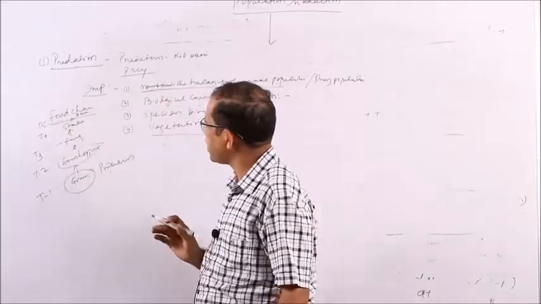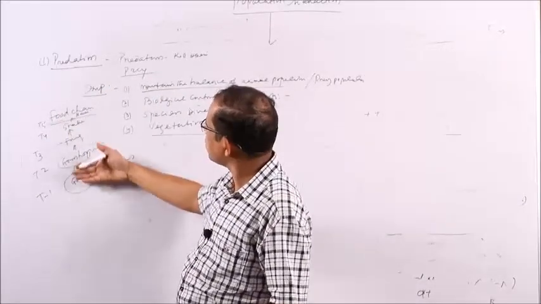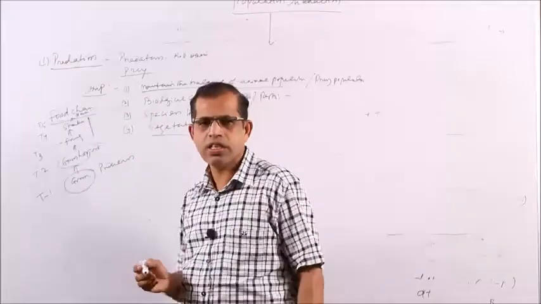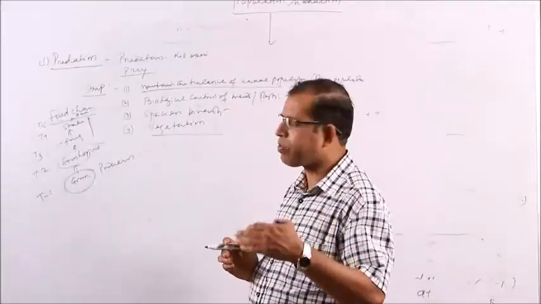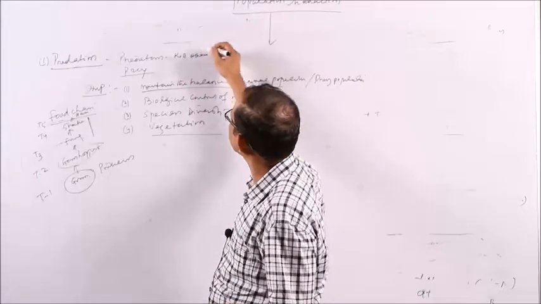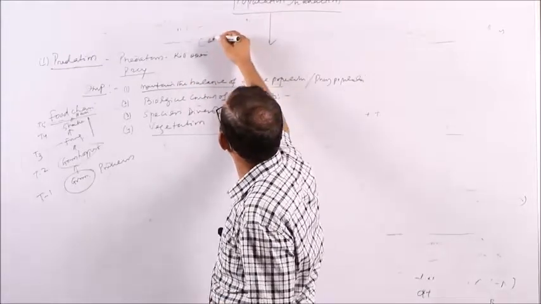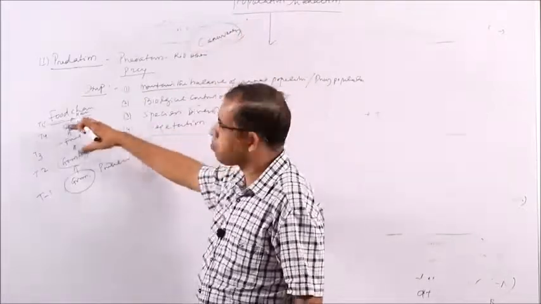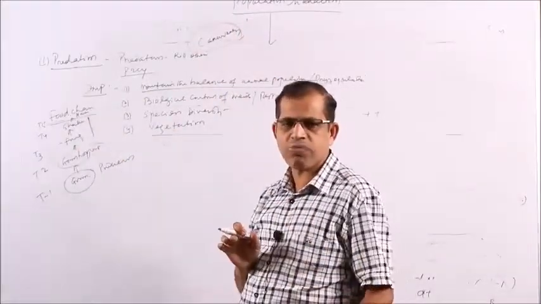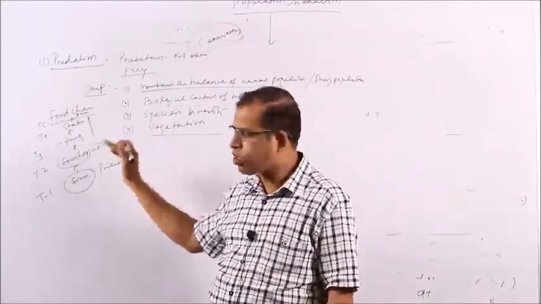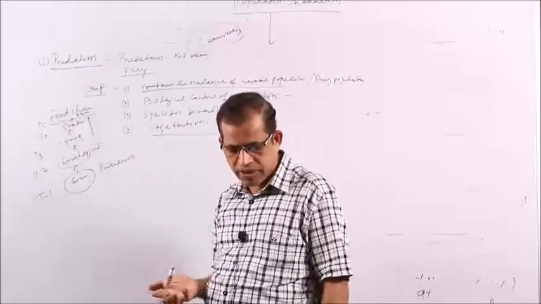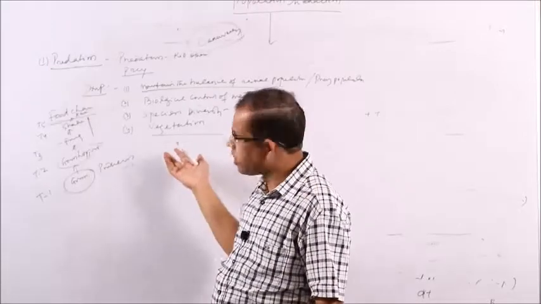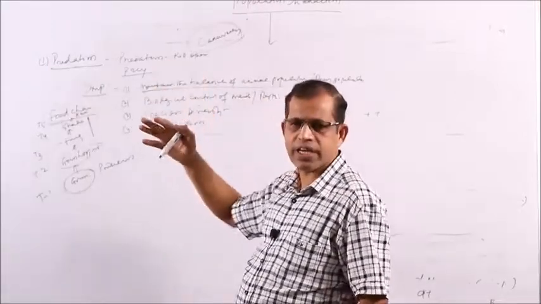So what you are finding, the carnivores are particularly in the higher trophic levels, they are the top level of the trophic levels. Most of the predators are carnivores. So they play the major role in trophic levels 3 and 4, you will find these things are there. So this is how the predators have the interactions.